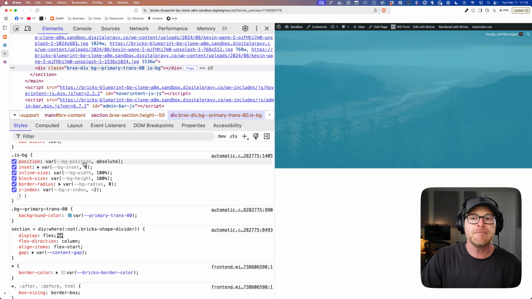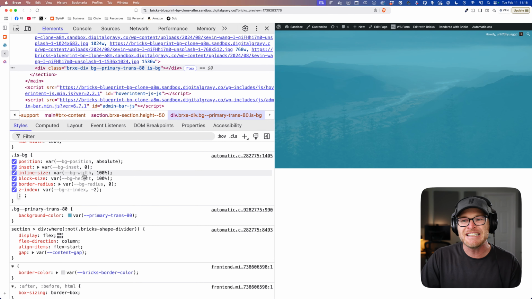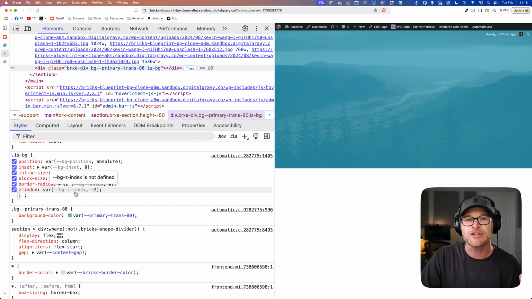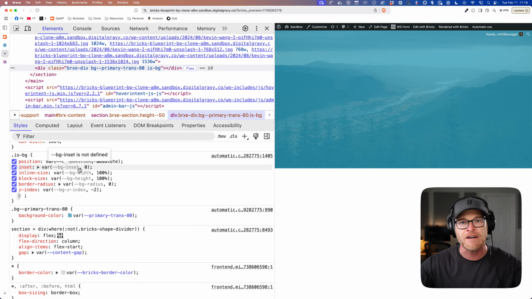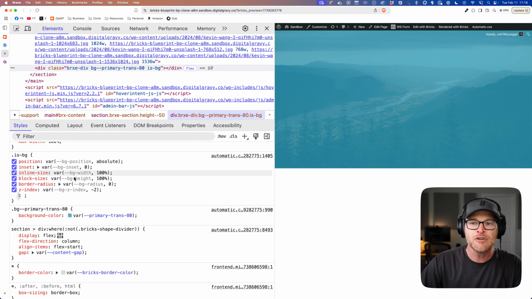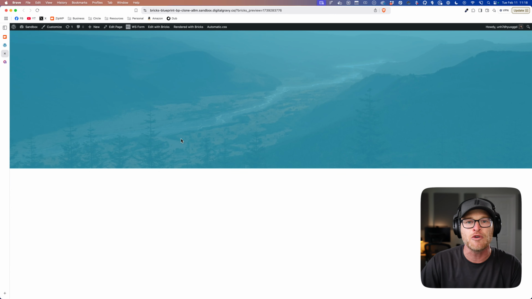So you have control of the position, the inset, the width, the height, the radius, the Z index. All of these things are controllable using these dummy variables. Wherever you want to write that CSS, you can do it at the element level, page level, class level, whatever, global. You can set these values and you have full control over every instance of these overlays.